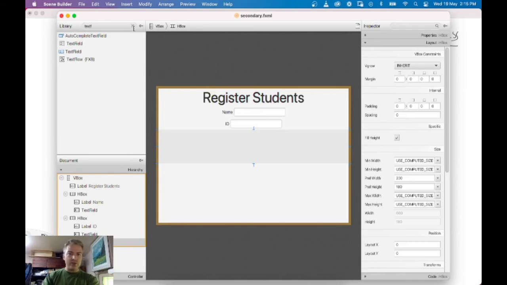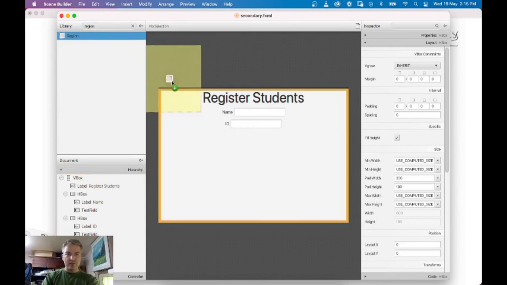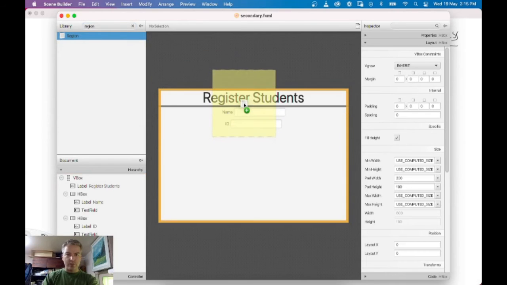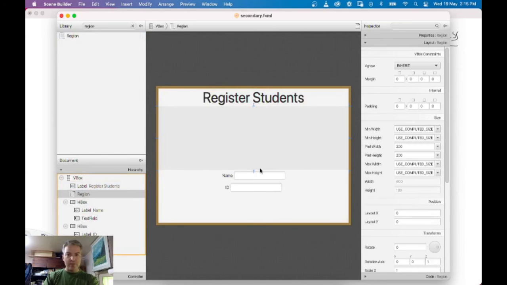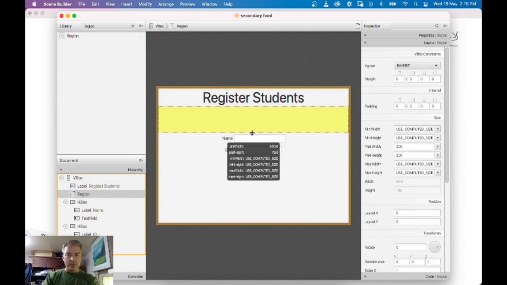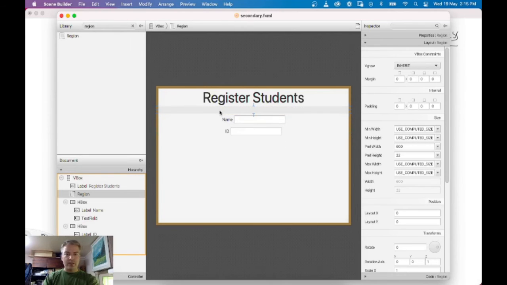Let's see, one other thing I could do in here. Last thing I'll do as far as space goes, I know I'm going back on what I said. We can add regions. Regions are just empty blocks that we can put in here. It's going to be just a big empty space that we can change the size of, and so we can use this to put gaps between our stuff. And there are different ways that we can set how much it's going to grow, or if it's going to grow always. So that means if we go into our